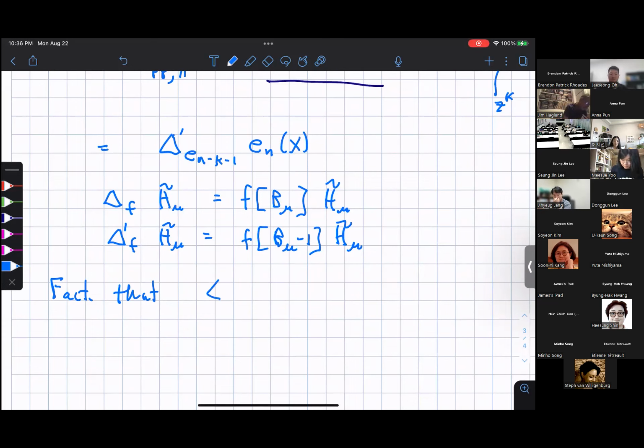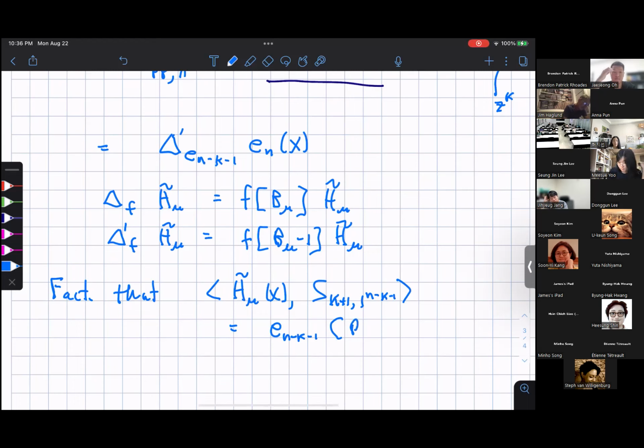if you take the scalar product of McDonald polynomial, say an x, with the Hook-Schur function, that's actually equal to this delta prime E n minus k minus 1 applied to, no, otherwise, so this is equal to E n minus k minus 1 in B mu minus. And